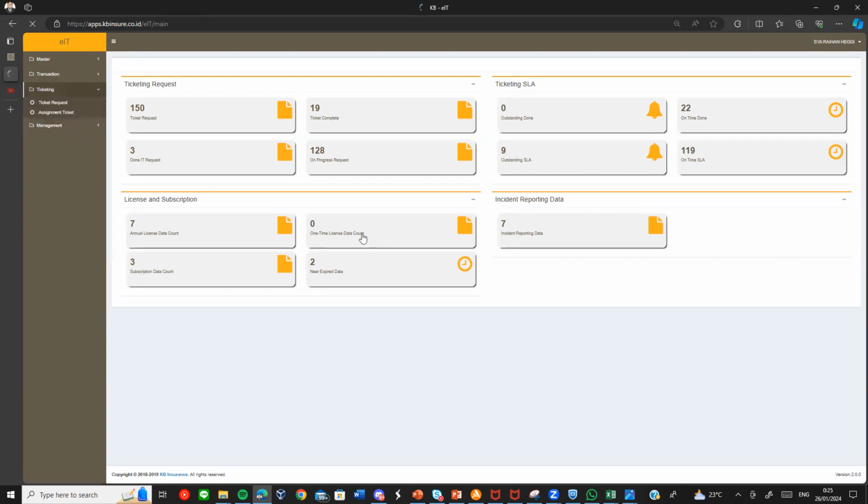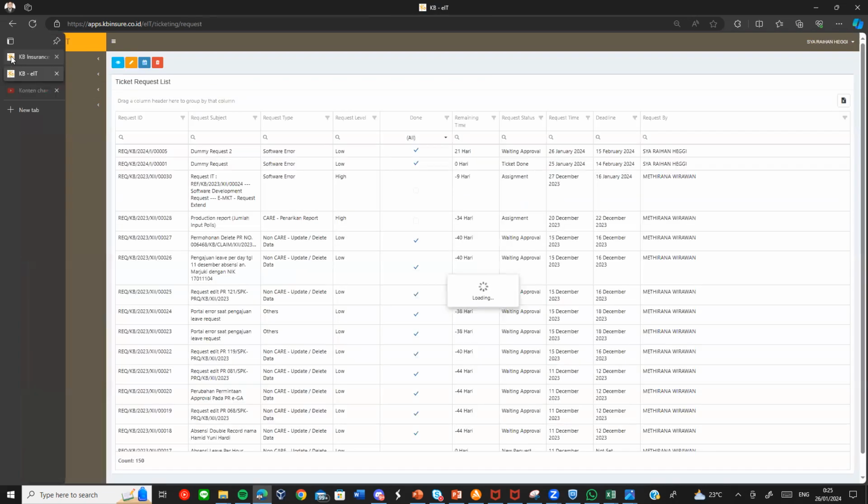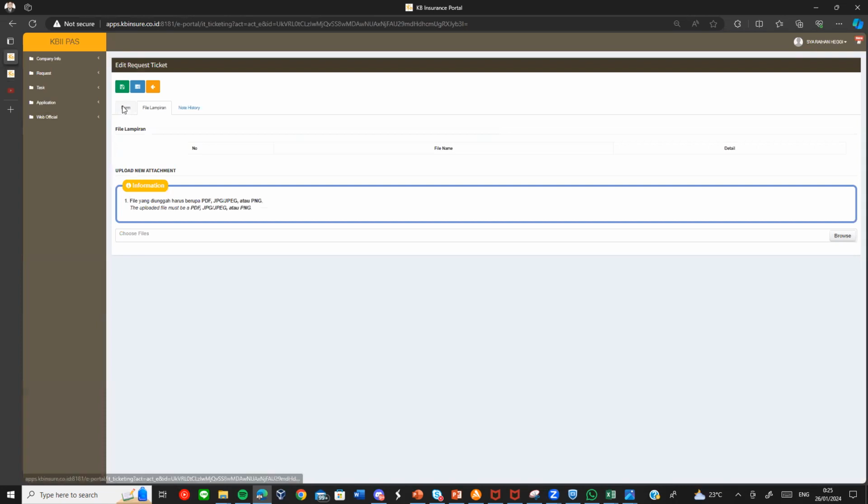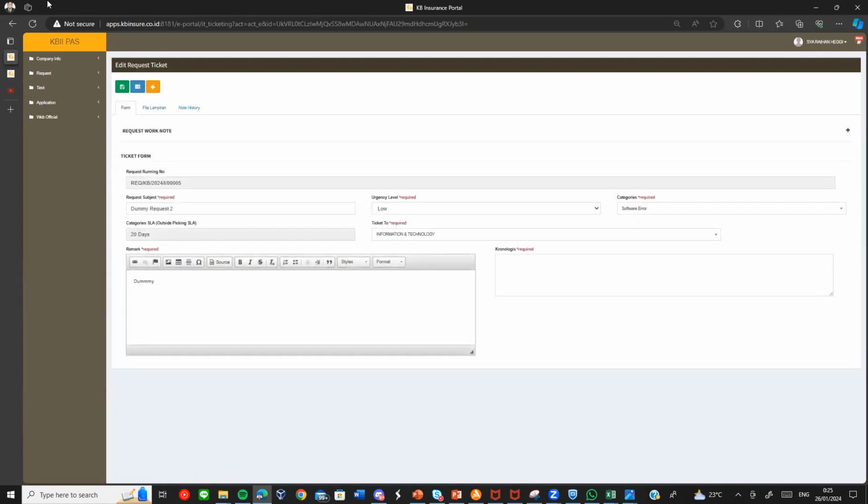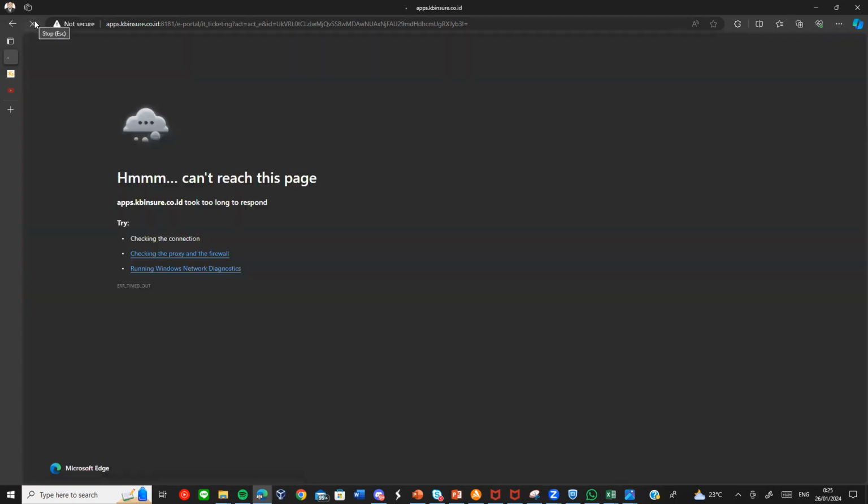I'm sorry about the error in the ticketing request. Maybe it was because of my network, because if we look at before, my connection was lost to the app KB Insure, and this is the example. My connection was lost and could not reach the apps.